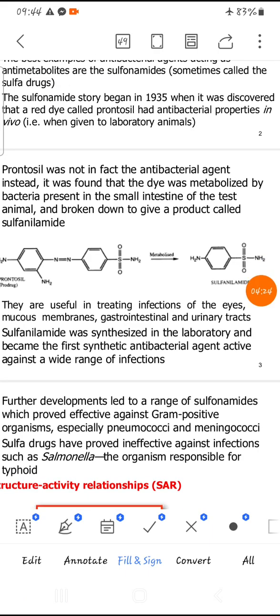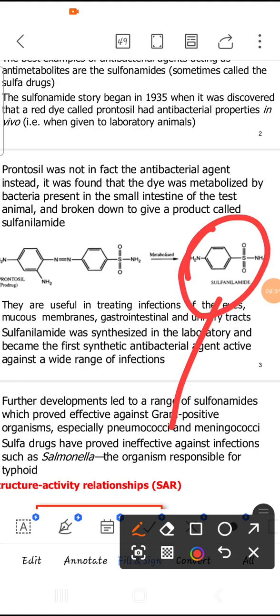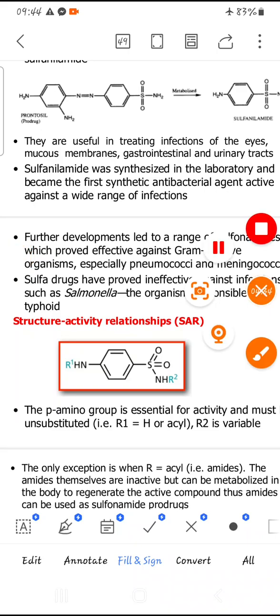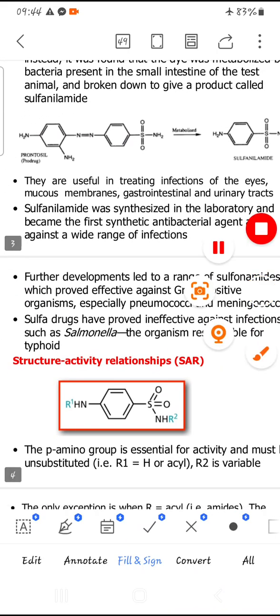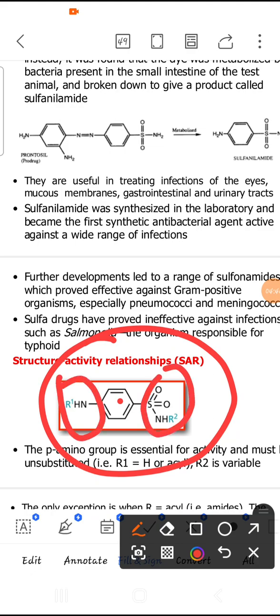Here we have the general structure of the sulfa drugs. Sulfa drugs contain an aromatic ring. They have at one position a sulfamoyl moiety. At the para position, they have an amino group, NH2 group. These compounds are called